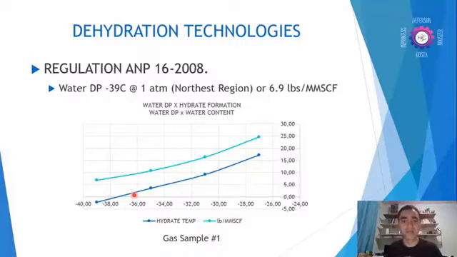For instance, if I didn't worry about the regulation, but just wanted to have a safe temperature margin to not have hydrate formation, I could choose, for instance, the minus 34 Celsius degree dew point. Why? Because at minus 34 Celsius degree dew point, I would have formation of the hydrate at 5 Celsius degrees, but